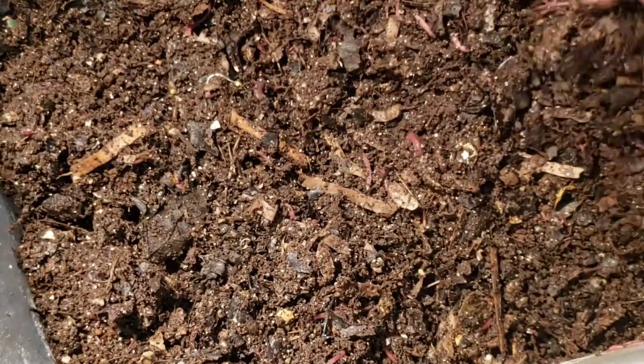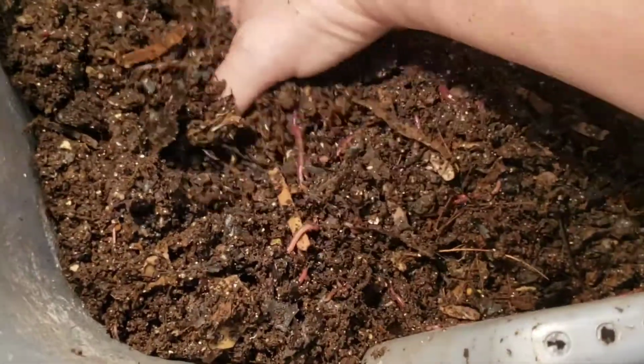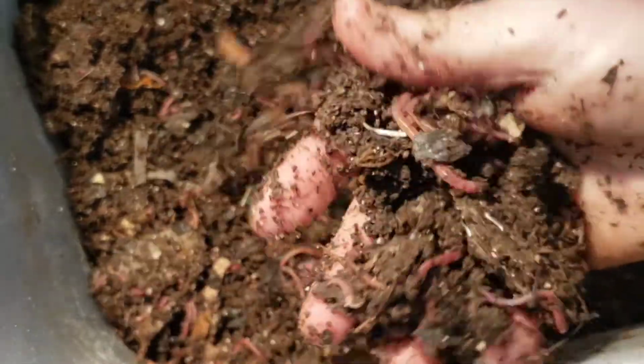But the fact that the pumpkin's completely gone and that there's a bit of worms in the middle and now a pretty large congregation in the chow tells me right in line with they ate the pumpkin and decided to go to greener pastures, as they say, right? And went down here to the chow, which actually there's such a small amount of it left as well. I can feel it a little bit. Like, oh, I just stuck my foot in the dog water bowl. Oh, that felt great. I can feel it a little bit, but